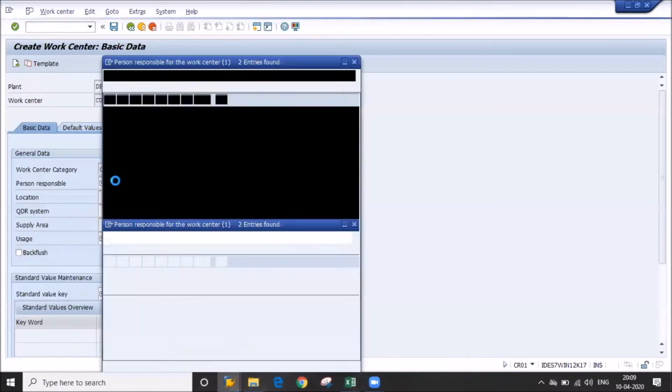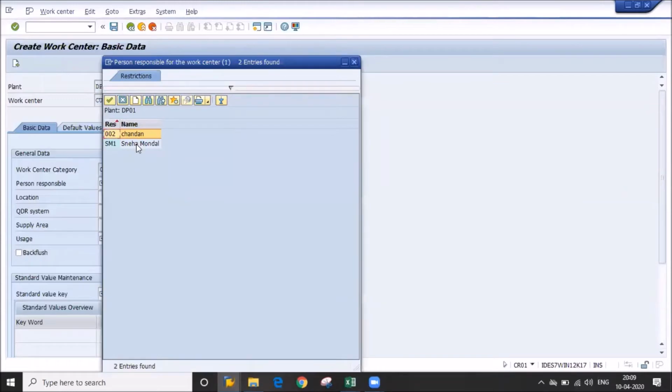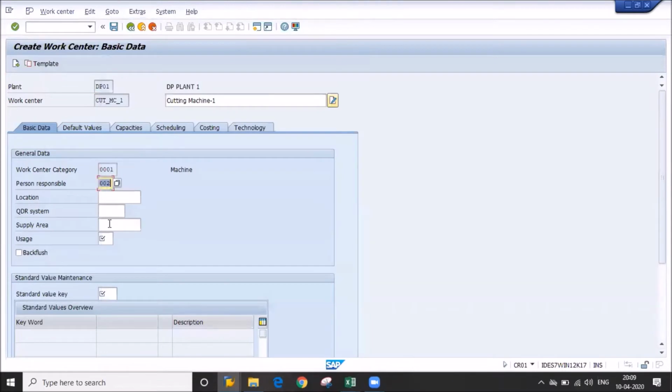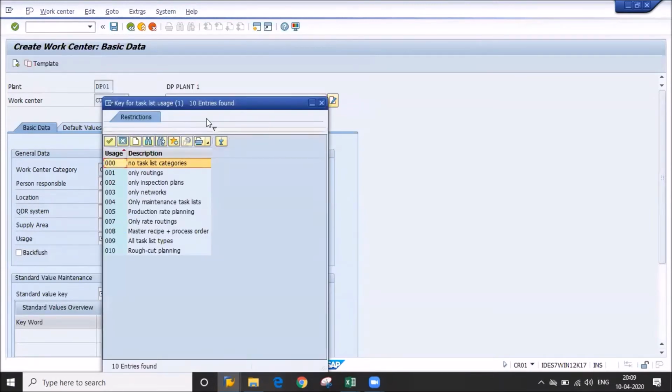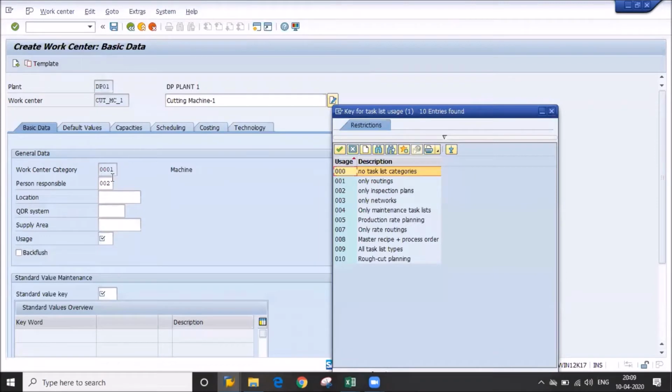Then we need to give the person responsible. We have given 002. This is like KDS master data, so we can give who is responsible for which machine.